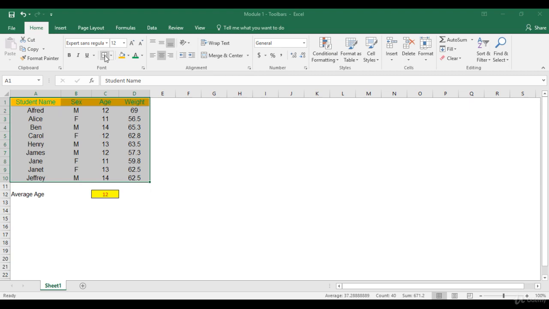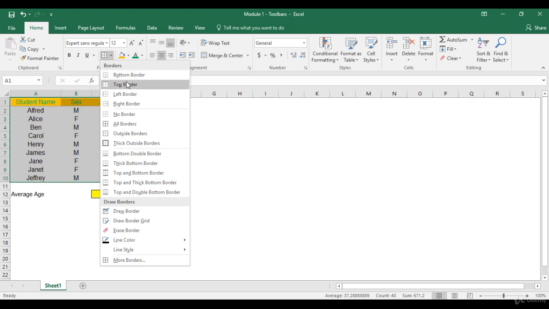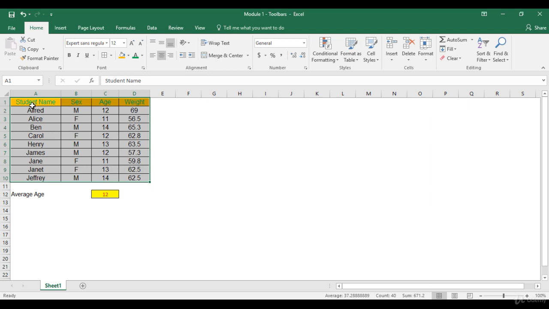Now let's create a table. Clicking on borders, it gives you various options of the kind of table you want. Right now I want to have borders for all the cells and the overall data set. So clicking on all borders and selecting this option, I've got borders for all my cells over here. Let's use some of the other font options as well. Bold just bolds the text which you are selecting. Italic, you can also underline.